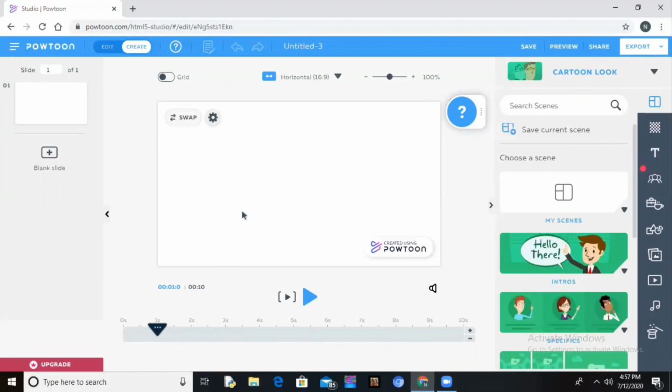For this, first we will learn what is available here in the software. You can see the first option is scenes, the second is background, third is text, characters, props, shapes, images, videos, sound, and specials.